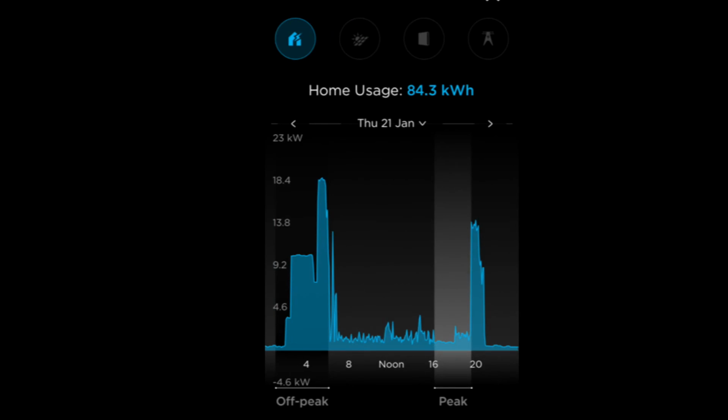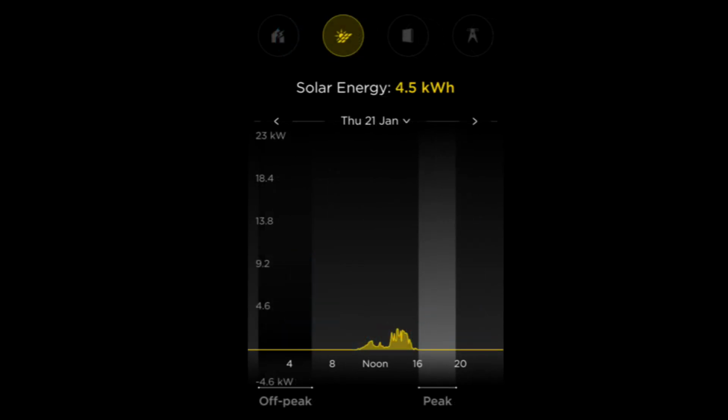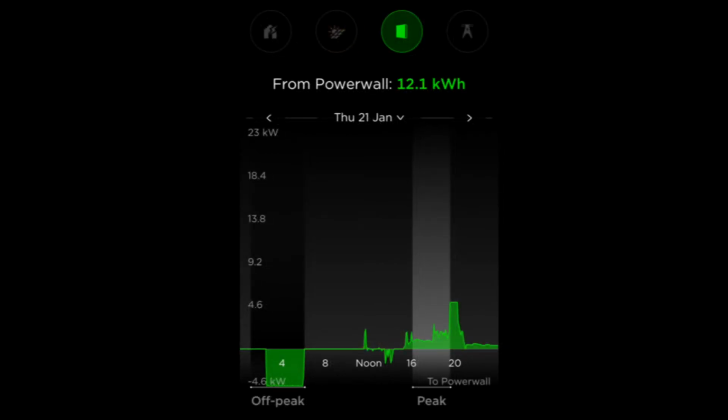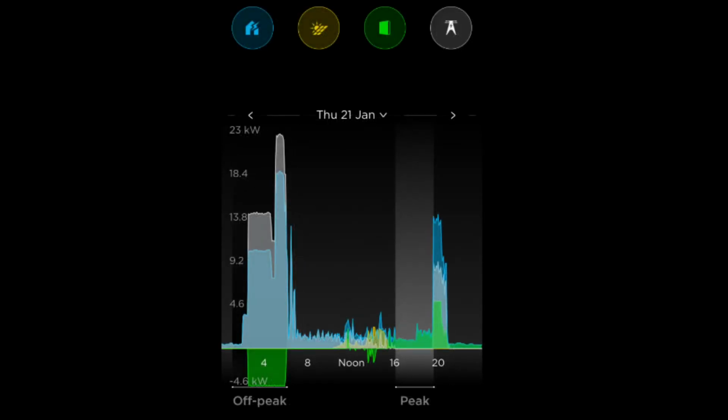On Thursday the 21st of January, we had a home usage of 84.3 kilowatt hours. We got 4.5 kilowatt hours from the solar. We got 12.1 kilowatt hours out of the Tesla Powerwall, and we had a grid pull of 82.8 kilowatt hours. The pattern was pretty similar to Wednesday, so Tesla Powerwall charging in hot water first thing in